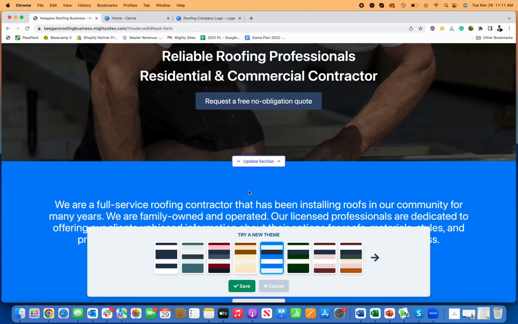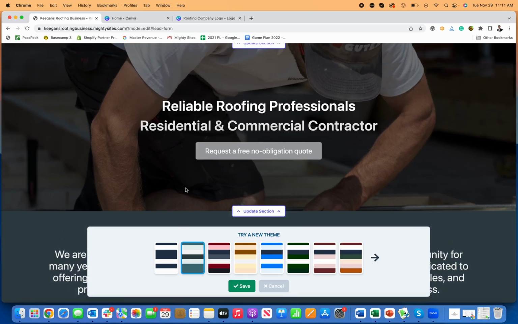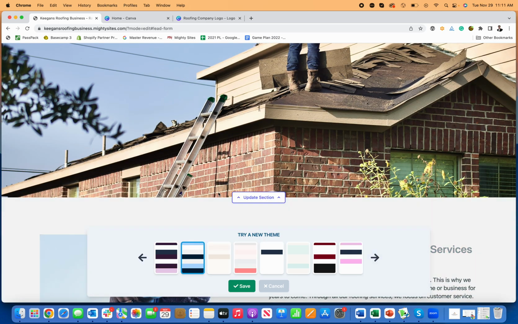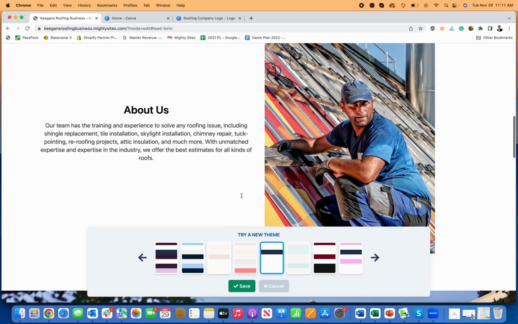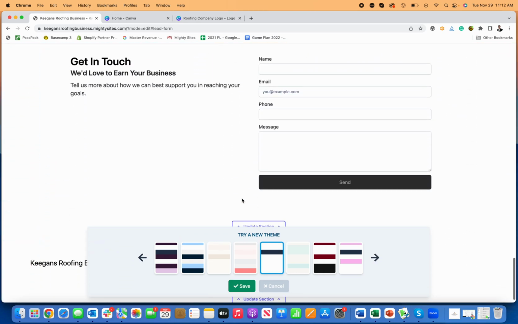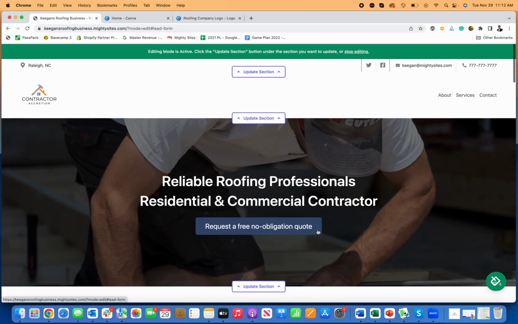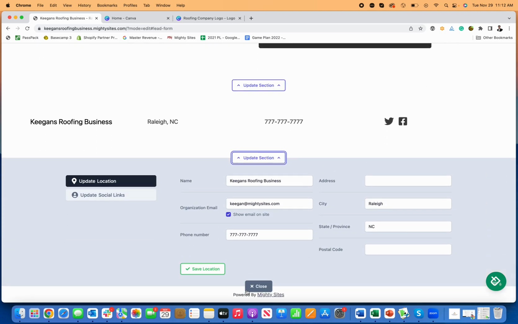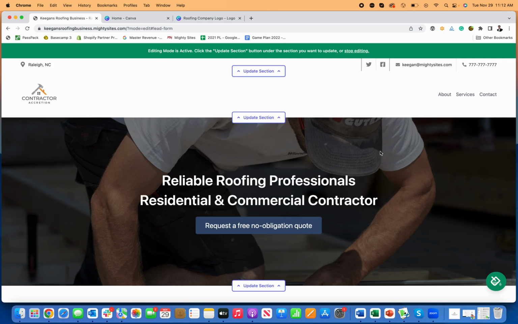through all the different color palettes. So I can find one that matches my business type the best. And once I find one that I like, and again, we're adding new color palettes all the time, and different ones to choose from. So once you find one that you really like, you can just say, okay, great. I just want a very clean, white background website. There we go. So once you find a template that works really well for your business, you just click save,